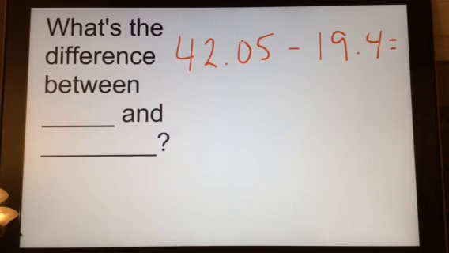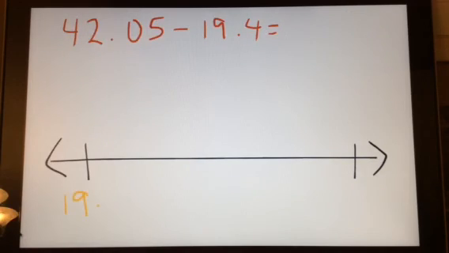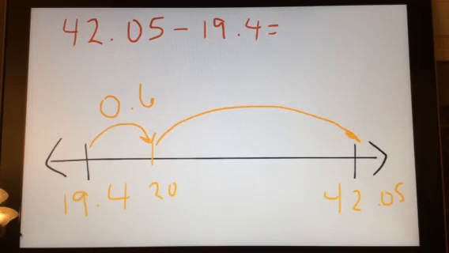If I have yet another example, what is the difference between 19 4/10 and 42 5/100? Using the number line to demonstrate this, you write it as follows. If I make the jump to a nice friendly number of 20, I know that the difference between those two numbers is 6/10, and from 20 to 40, I know is another 20,